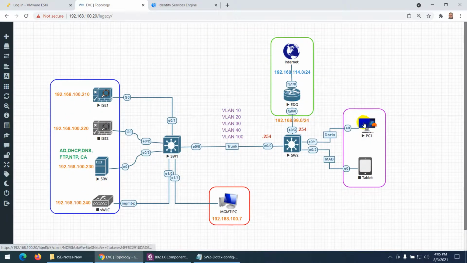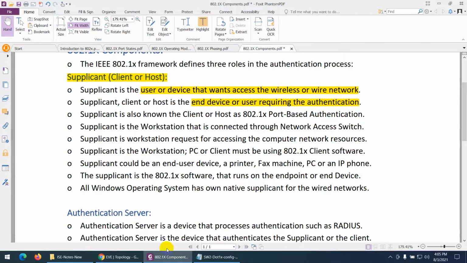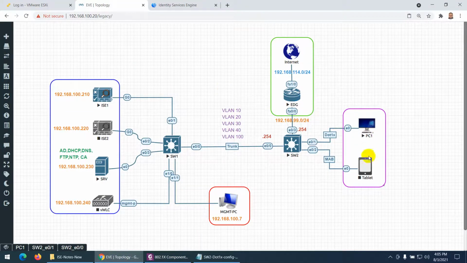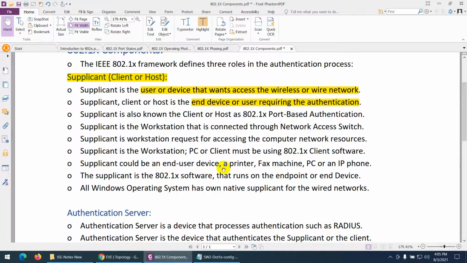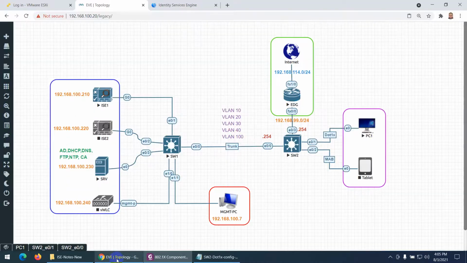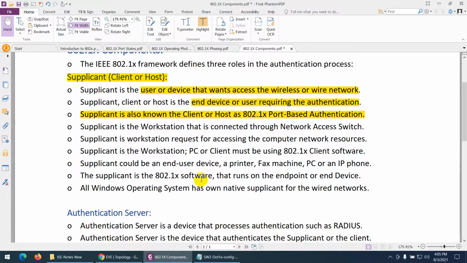So in my topology, PC1 and tablet are my end devices, my supplicants, which want to access the resources and they want to authenticate. It means supplicant is also known as client or host which does 802.1X port-based authentication.